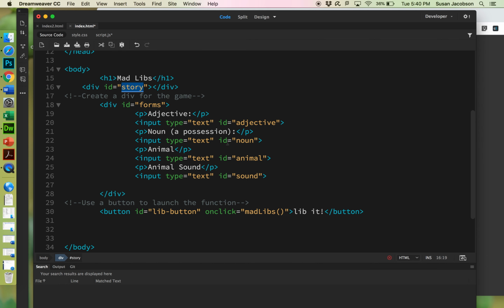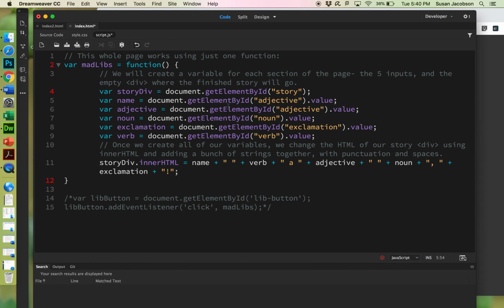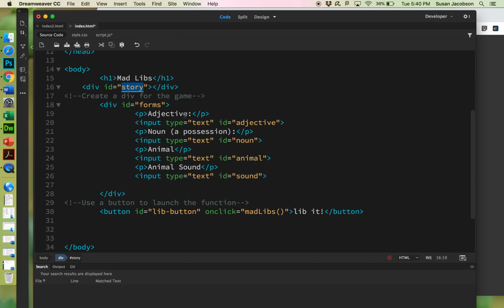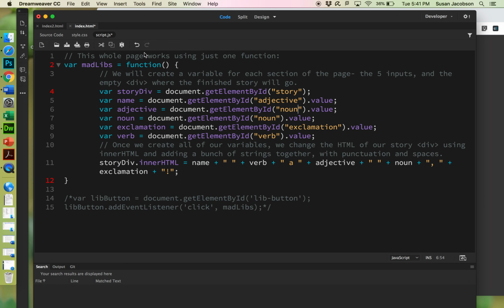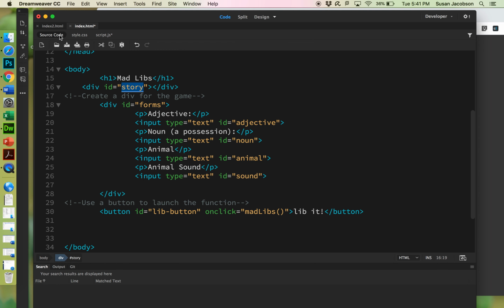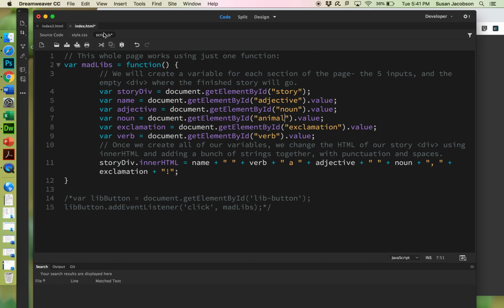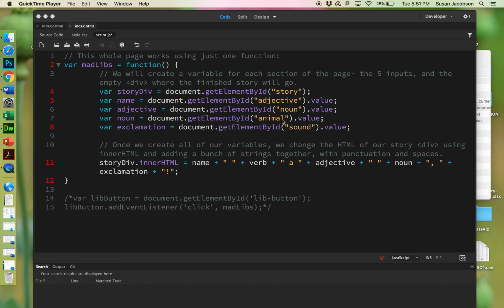Now the next one is noun. Okay, so I'm going to change this to noun. And the next one is animal. And so this is animal. And the next one is sound. So I'm going to change this to, well, actually it's this one, sound. Okay, we don't have a 5th one, so I'm going to get rid of this. Okay, once I've changed all of these to the proper ID that is on the HTML,